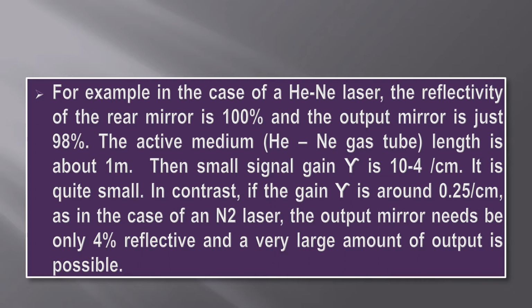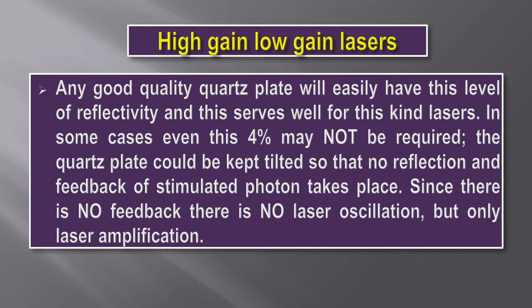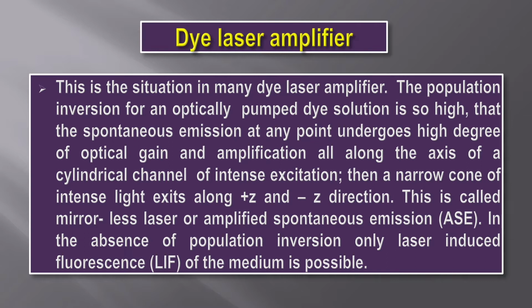Now, let us look at another condition, a dye laser. The dye laser has a much higher gain. Then what would happen is, even when there is no mirror at all, it will produce amplification. In one single transit, it can come out as very coherent light with a very high degree of coherence, and that kind of light is called amplified spontaneous emission. Why do we call it amplified spontaneous emission? In a dye laser, I go back to the example,